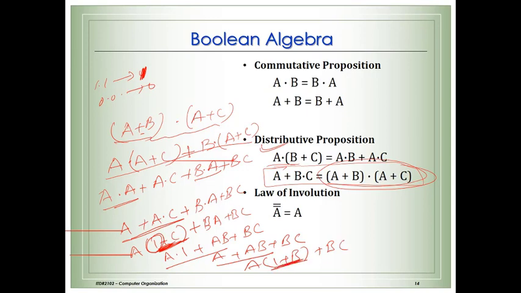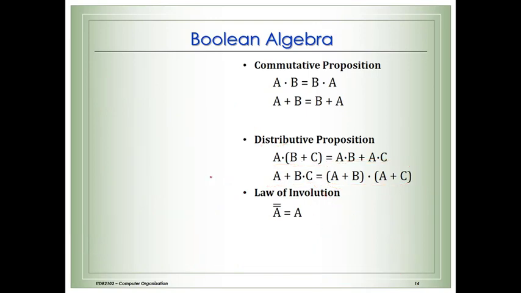Then again we are performing OR operation, one of the values is true, so the result will be true, correct. If you are performing OR operation, if it is 0, the result will be 0. If it is 1, the result will be 1, meaning the result is going to be A if you are performing OR operation with 1. So A or BC, which is the same as this one, correct. So in the distributive proposition, if you have A or BC, it can be written as (A or B) and (A or C), correct.